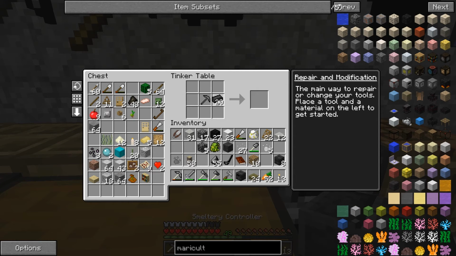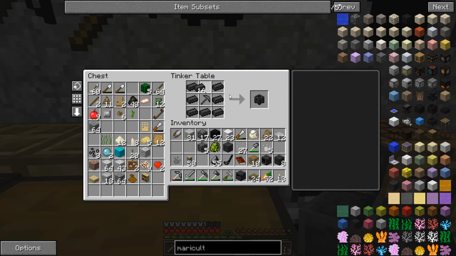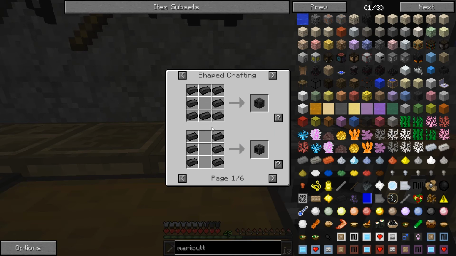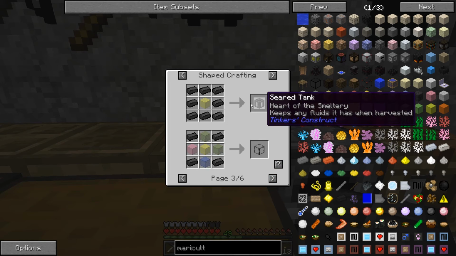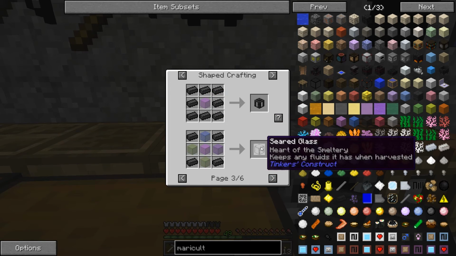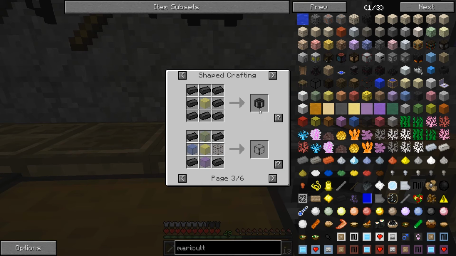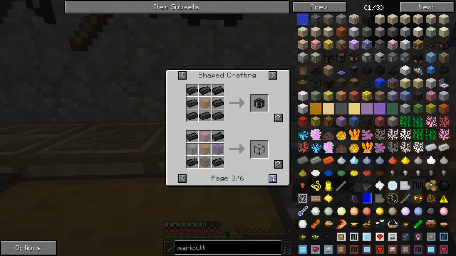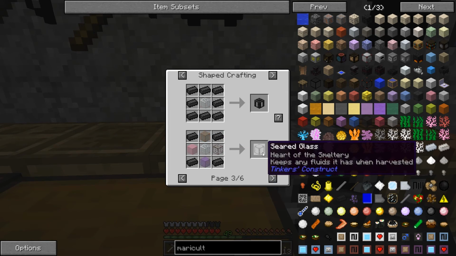The controller, gonna be important. And that thing in the basin. And then there was the table. Alright, what else? What else are the uses? The seared tank, so we need some sort of glass. The seared glass. This is one that fuels it. Yep. And the seared glass, I don't think that's needed, but